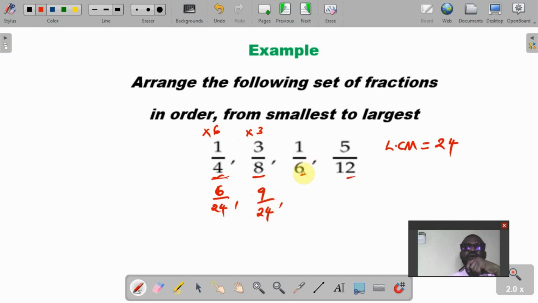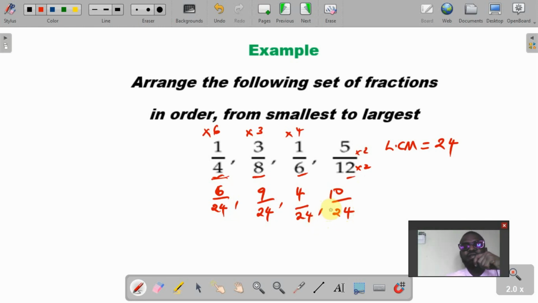Here, what number will I multiply 6 with in order to get 24? And that is 4. So I'll multiply by 4. I will have 4 over 24. In this case, I'm multiplying by 2. So I will now have 10 over 24. Okay, I've succeeded in getting the equivalent fractions of all the whole numbers that will have a common denominator, which